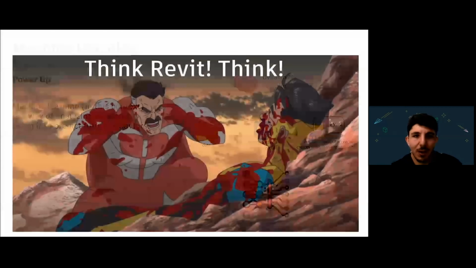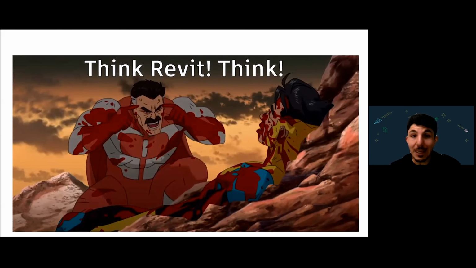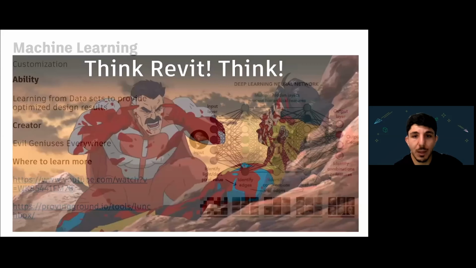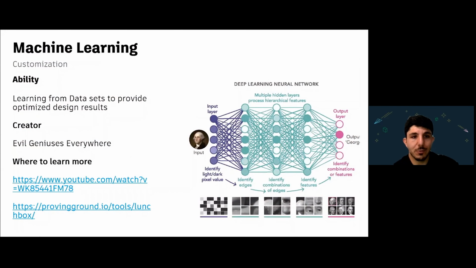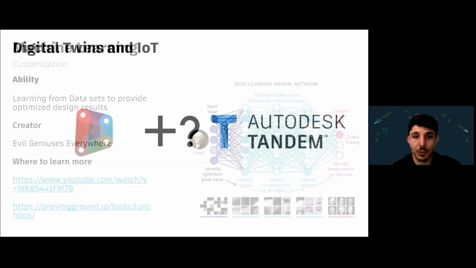So Revit can finally think, and this is a fun little meme. If you don't know, it's from the Invincible TV series. Highly recommend it. So this is really cool. You can finally use something like machine learning and potentially AI to help do your best work in Revit. And machine learning is going to be everywhere. Everybody uses it for everything. So Dynamo is not going to be any exception. You can check out more information here on a link and a little chart diagram of deep learning. Not going to get into that now, but there's a lot of possibilities here.